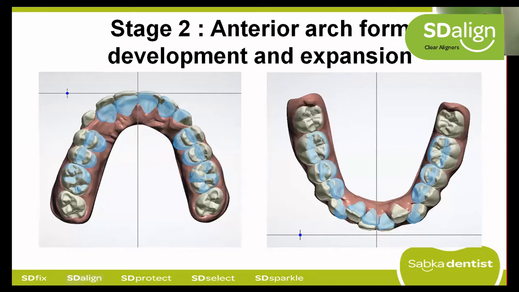So whenever the patient visits you for subsequent aligners, you can open up this plan, which we will share with you. Also, you can keep the staging tab open, and you can keep in mind at which stage what teeth are moving and visually confirm it in the mouth. So there are a lot of ways you can use this data to your advantage and make sure you're in complete control of the success of the case.